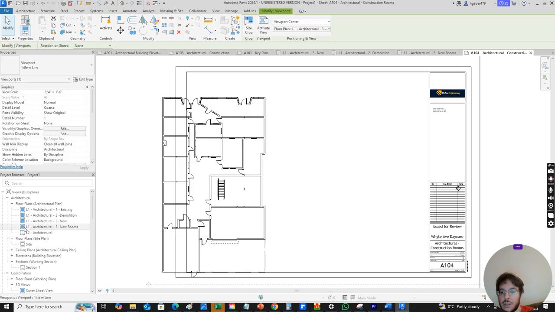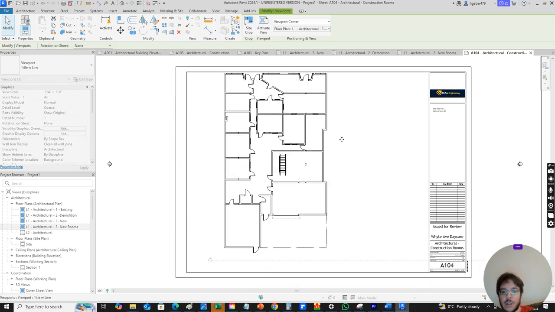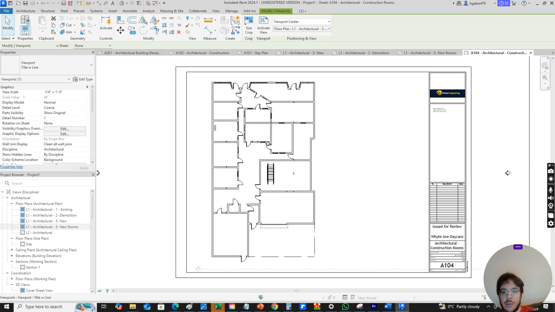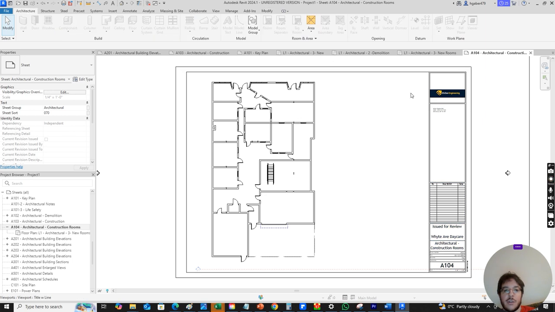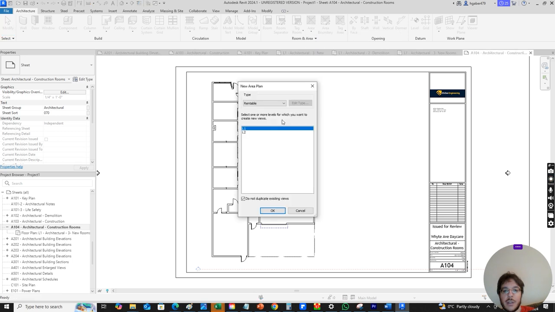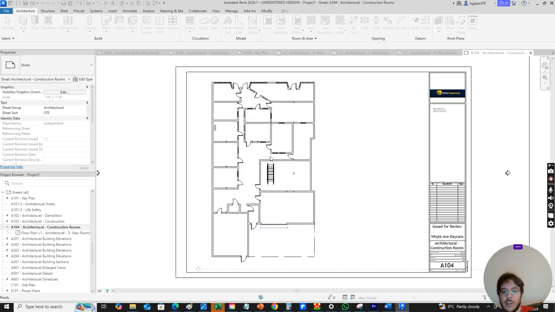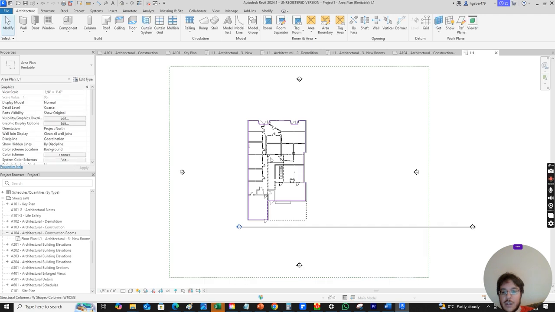And now this turns blue to tell us that we've got our drawing here, but you can space it wherever you want to space it. And then we'll go back to sheets now, and we're gonna go to architecture. And now remember, we're on our sheet view, and we're gonna go area, and it's gonna say area plan, and then what floor do you want? So you can just choose rentable or whatever, and just press OK here, and it'll automatically figure out exterior walls